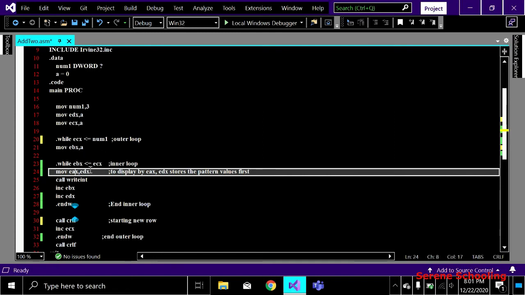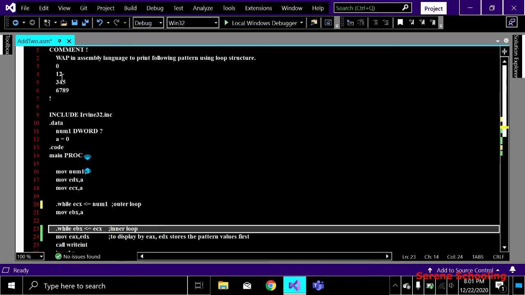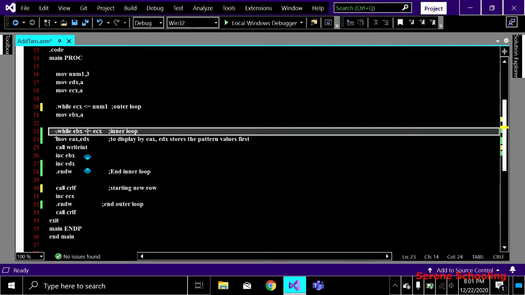It means that my inner loop is going to work how many times? Definitely 2 times, right? My inner loop or my column loop will only work 2 times. This is how we are making the conditions or logic, right?